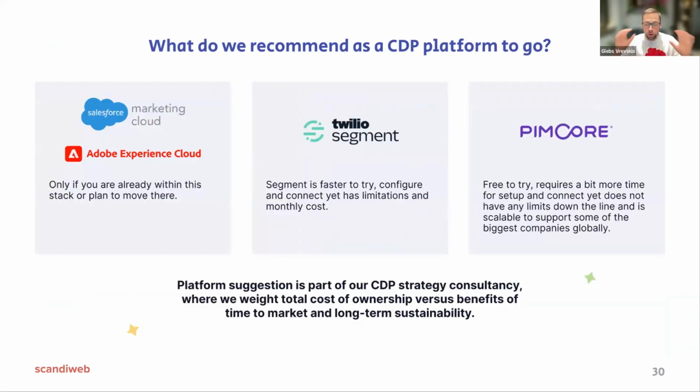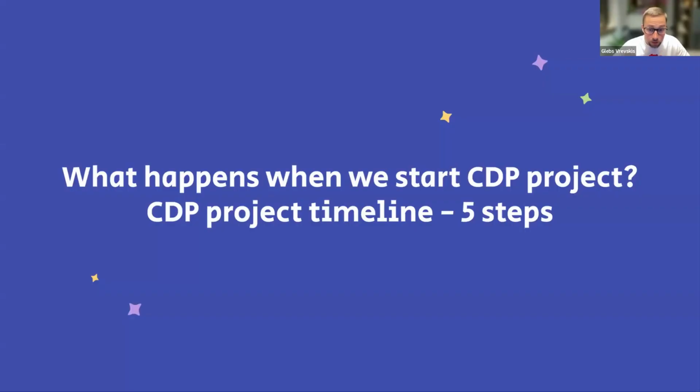What we just reviewed is our 4 options. If you're already on Salesforce or Adobe Commerce from a marketing perspective, go with Salesforce or Adobe. If you're just stepping into the CDP and you're not using Adobe Campaign or Adobe Analytics, Segment is a great option. But if you're looking for an open source solution and may require some customizations, Pimcore CDP has a lot to offer. So that's a very practical suggestion, what we are using in our stack on a daily basis.